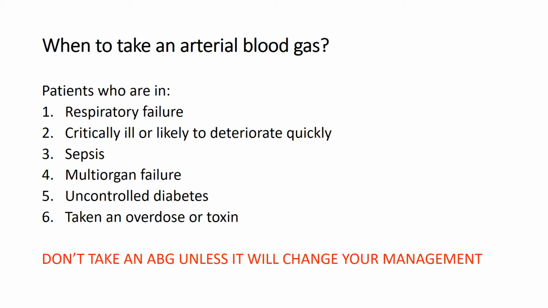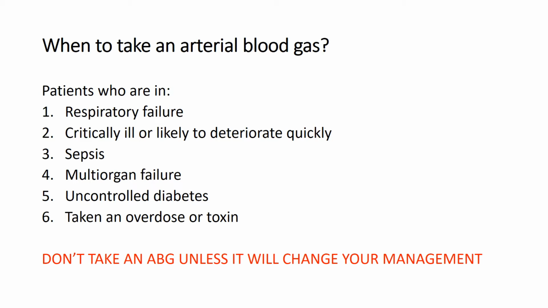Someone who's critically ill or likely to deteriorate, again you want to know how unwell they are. If they're septic, confused, again you want to know the level of their pH and what you need to do to correct this. If someone is in multiple organ failure, perhaps on ICU, again you may be able to offer bases to help regulate the pH, or maybe change the ventilator to a different respiratory rate to help blow off more carbon dioxide,